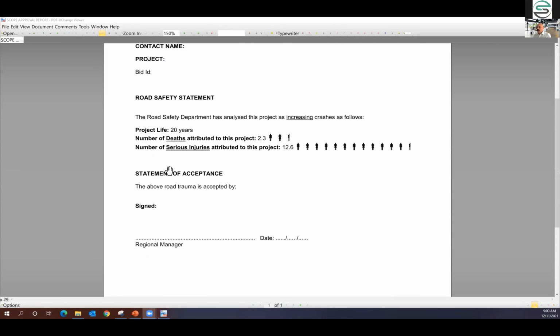Project life, 20 years. Number of deaths attributed to this project, 2.3. And we put little pictures of people just to remind them we're going to kill people. It's not just a number. Number of serious injuries, 12.6. Statement of acceptance: the above road trauma is accepted by, and we tried to get the regional manager or regional director